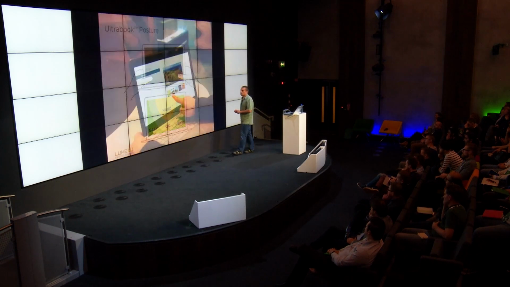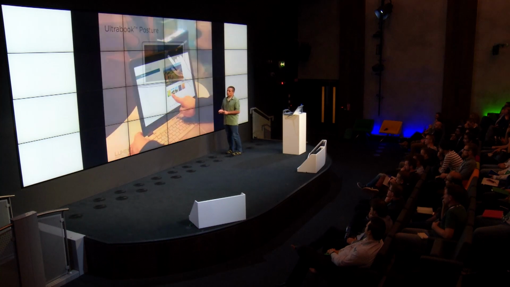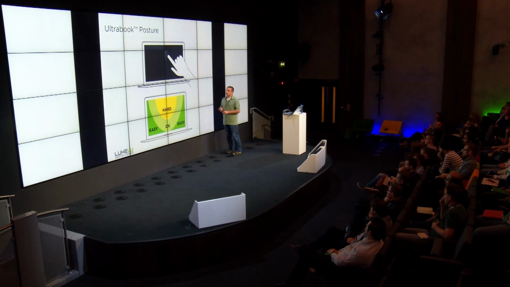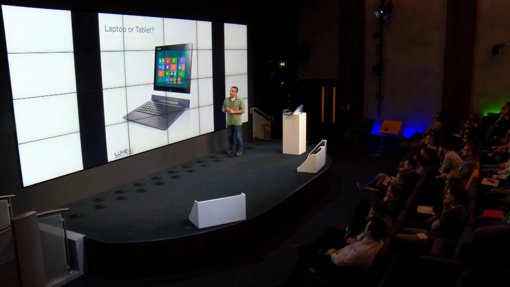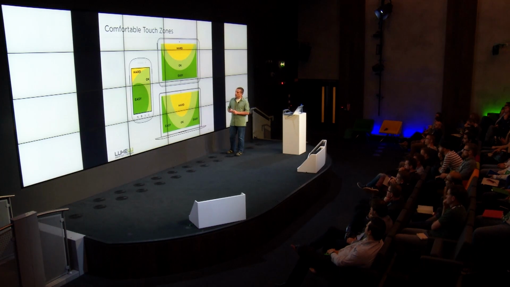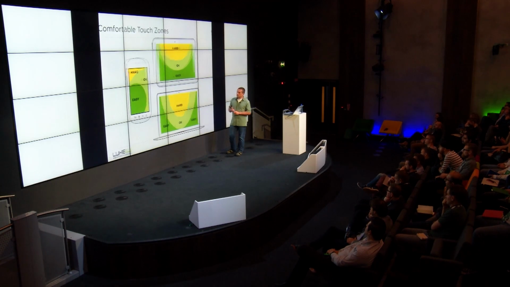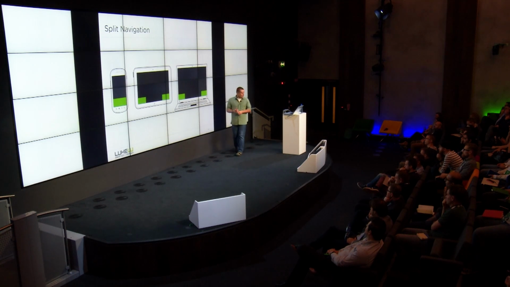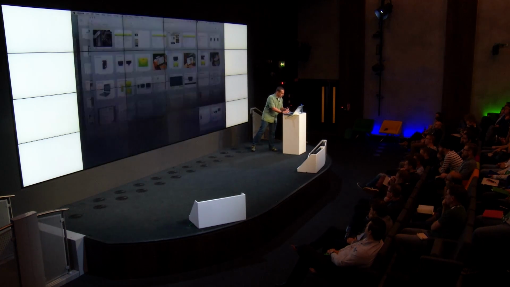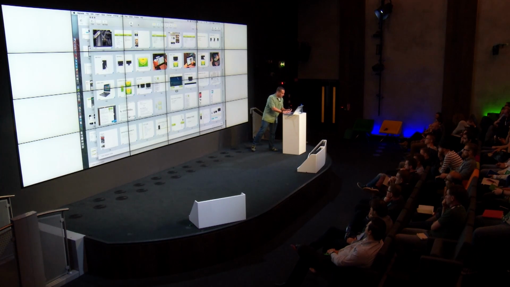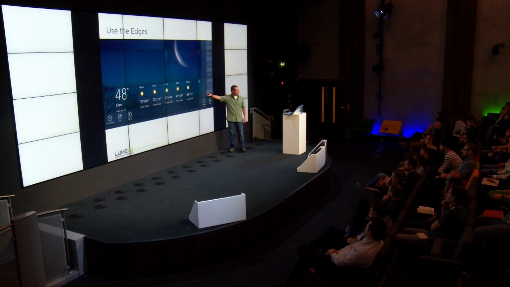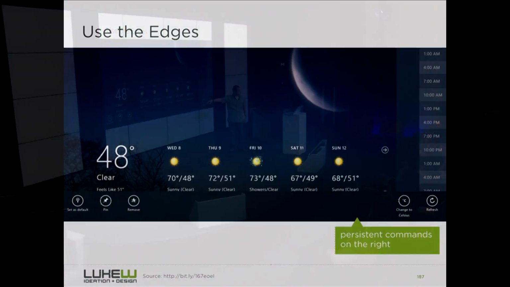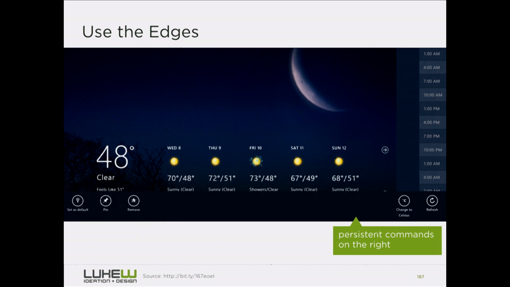And systems designed to work on these touchscreen laptops, like Windows 8 and now Windows 10, try to take advantage of these easy-to-use zones. Let me see if I got the slide on here. Yeah, like so. In Windows 8, the application tools are down at the bottom, right? And they kind of come up. And they put commands on the right, commands on the left, so that you can put them inside of these